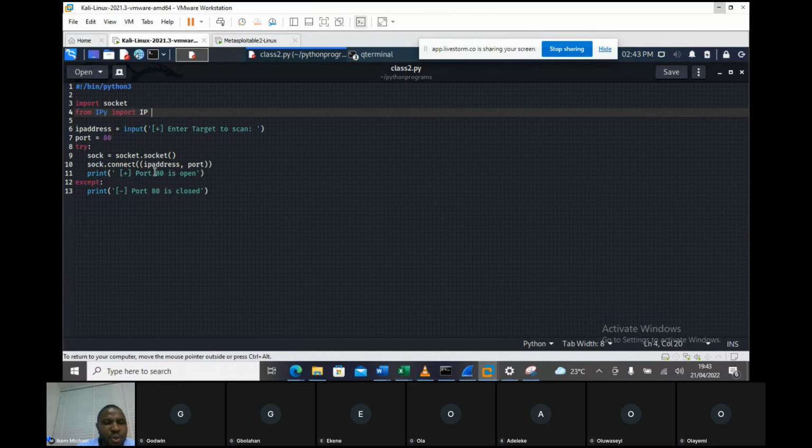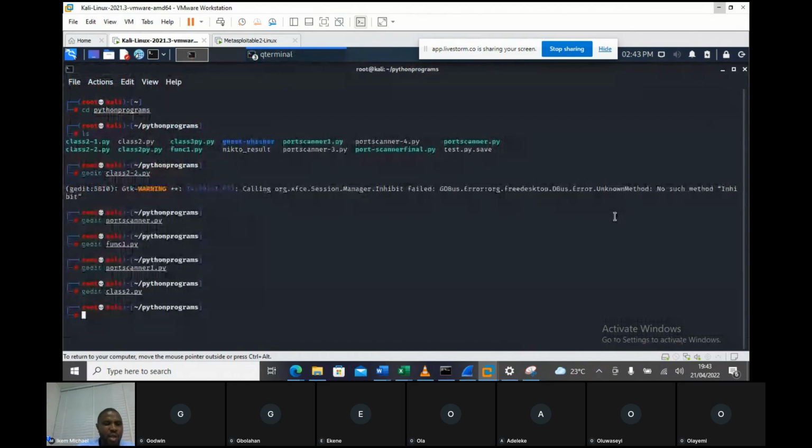Now print port 80 is open, port 80 is closed. This is just a simple statement. We ran this particular script and we were able to get results. Now, if you run,